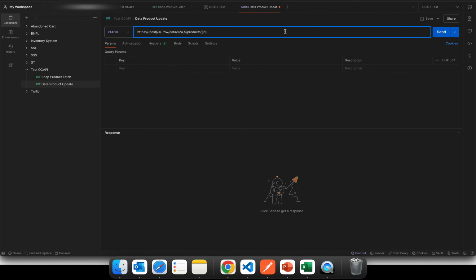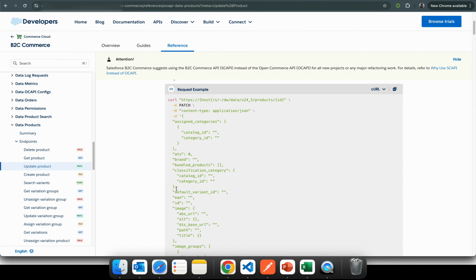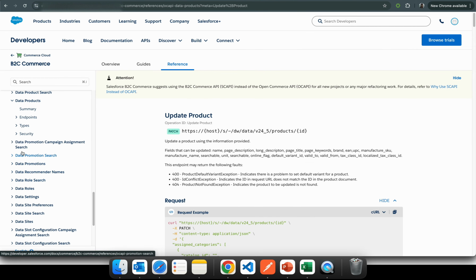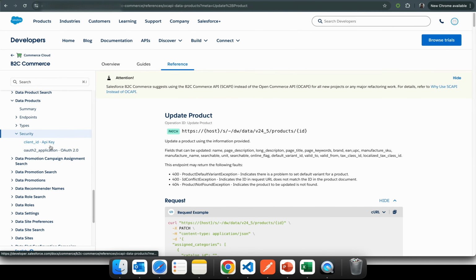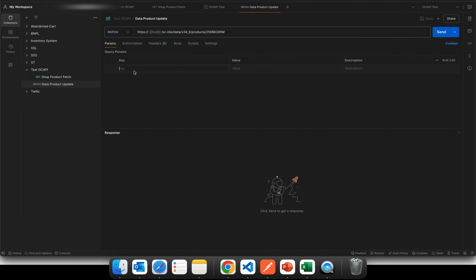And the host will be again the host that we have provided in the last example. Okay, now what other parameters are needed in this request? We can find that under the security option here. Yeah, so again it says the client ID has to be passed. So again we'll go to the params. This is the client ID,